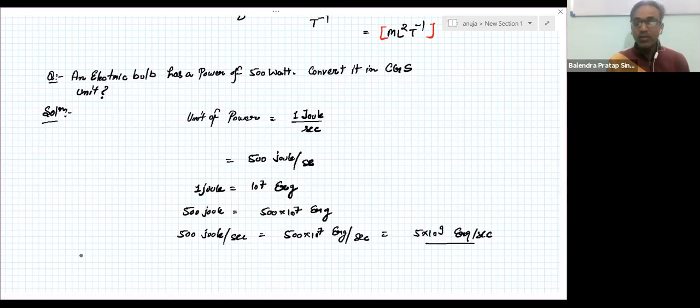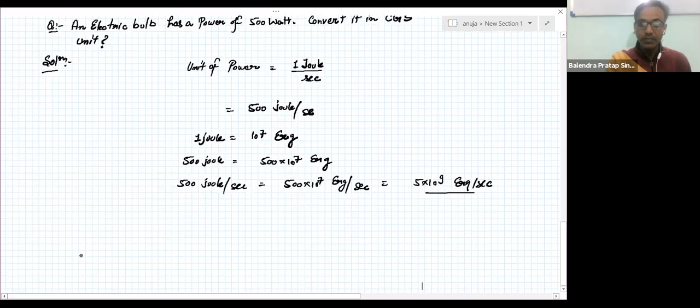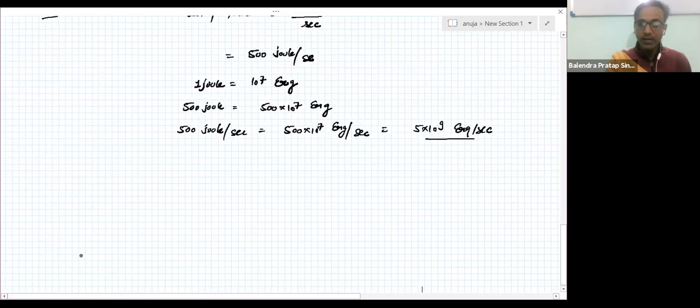The chapter is units and measurement. We have finished the units. In units we studied what the units are, what the dimensions are, and some applications of dimensional analysis. Basically 3 applications, and we did some problems, and I think enough problems on that topic. Now the next part of this chapter is measurement. So I'm going to start measurement with significant figures.